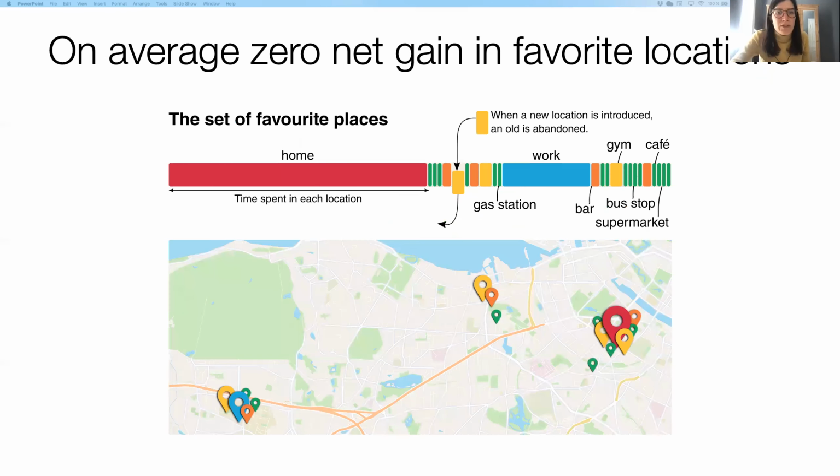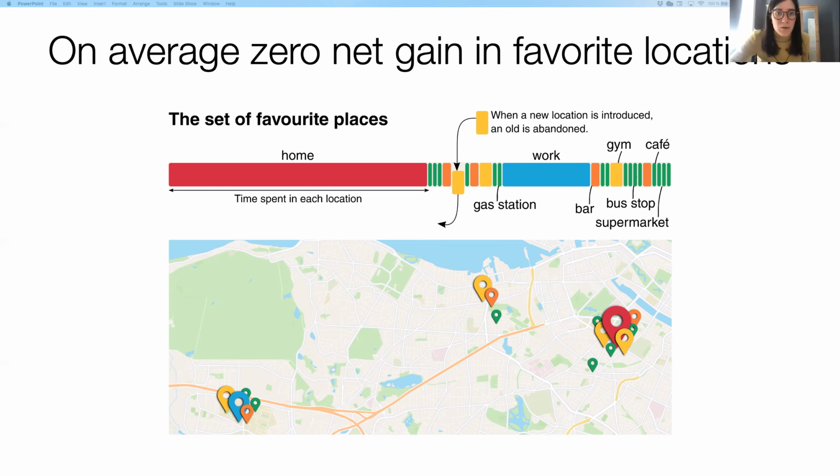And another way to think about this is that there is a subset of locations that are important to each of us that has a finite size. And whenever a new location comes in, a previous location that we would go to is abandoned. So if we discover a new restaurant that we like to go to, there's a previous restaurant where we used to go that is abandoned, and we tend to keep only a small subset of favorite restaurants that has approximately the same size over time. Or this is an anecdotal way to think about it.